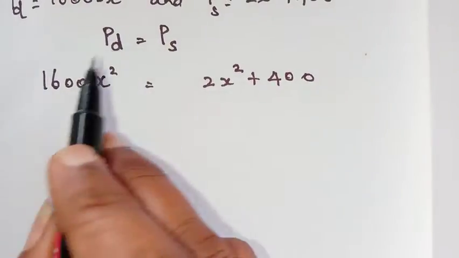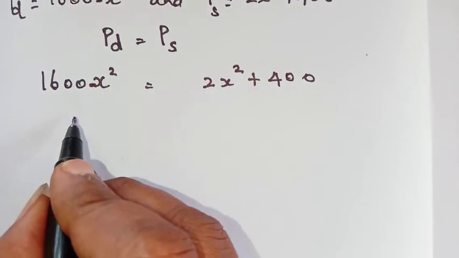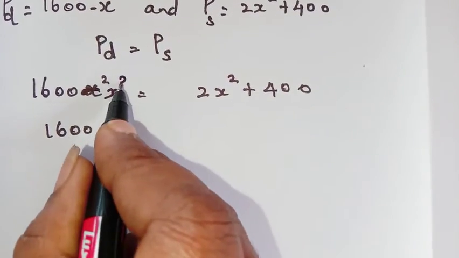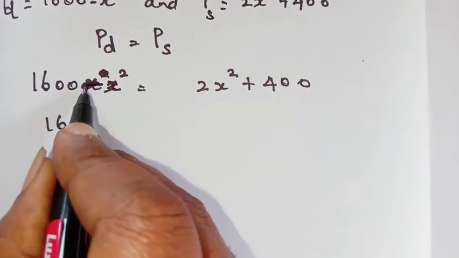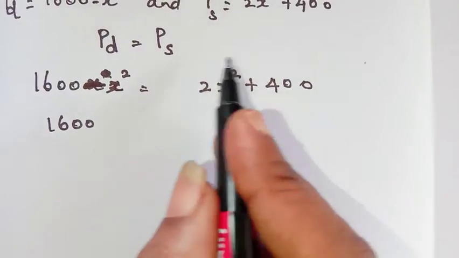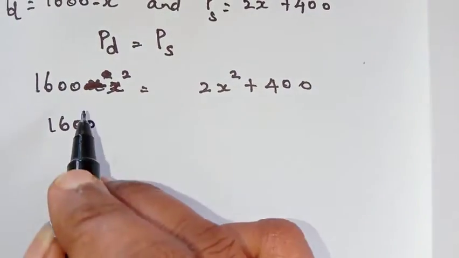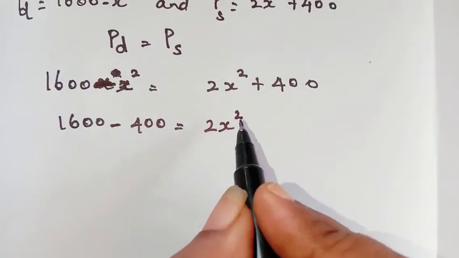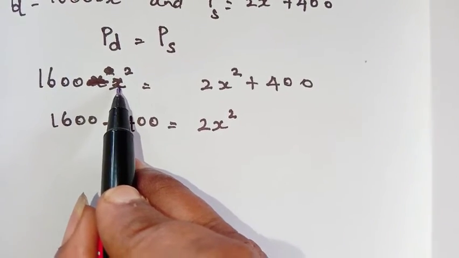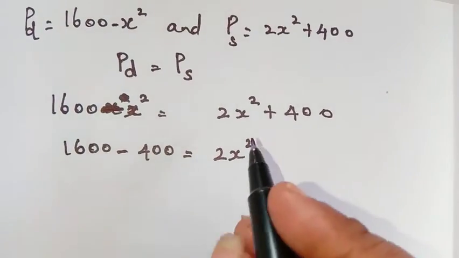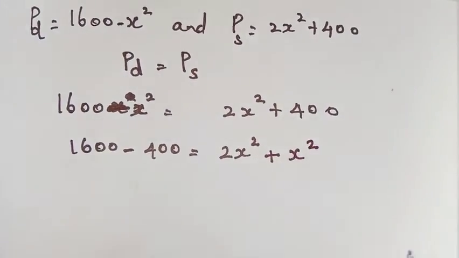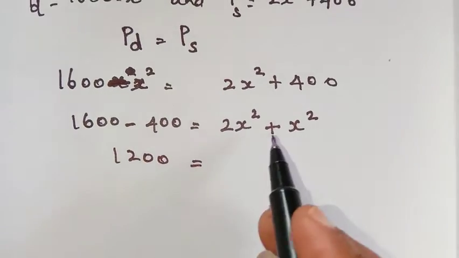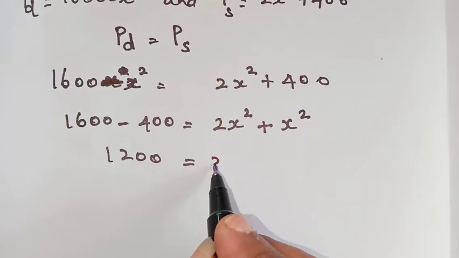We have to bring the variable terms together. The plus 400 coming to this side becomes minus 400, and the minus x square coming to the other side becomes plus x square. So 1600 minus 400 gives 1200 equals 2 plus 1, that is 3x